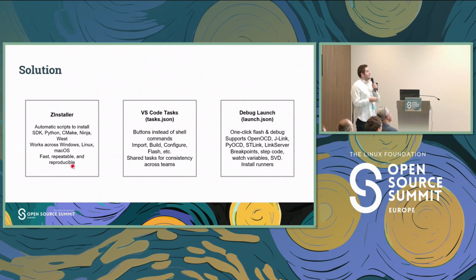So the solution is the solution that we suggest. For installing host dependencies, we created a script. It's called ZInstaller, and this script is going to automatically install the host tool dependencies. For now, it works on Windows 10, 11, Linux, Ubuntu 20, 22, 24, and macOS ARM. It used to work on Intel. I don't know what happened with it. It stopped working. It is fast, repeatable, and reproducible because we make sure that we always have the same